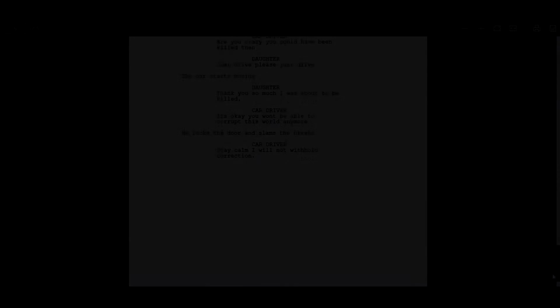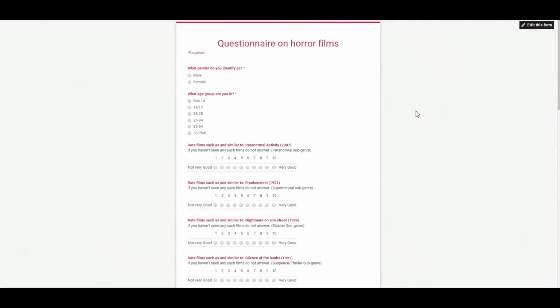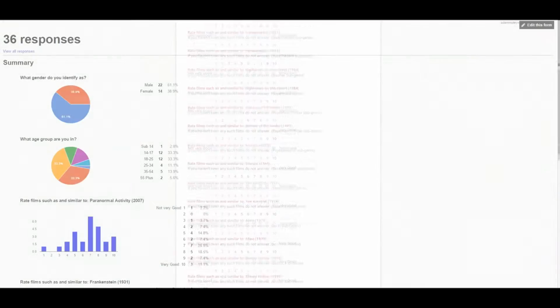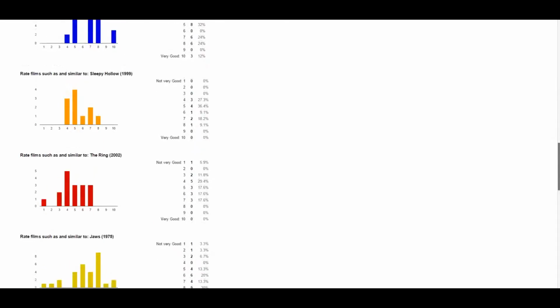Now, number 3 was a difficult one to place. Google Forms was vital in conducting my audience research. This free software enabled me to create a high-quality questionnaire, and then the software produced graphs from the results of that questionnaire. This technology made it extremely easy for me to analyse the results,